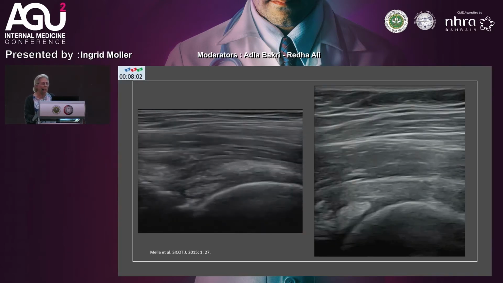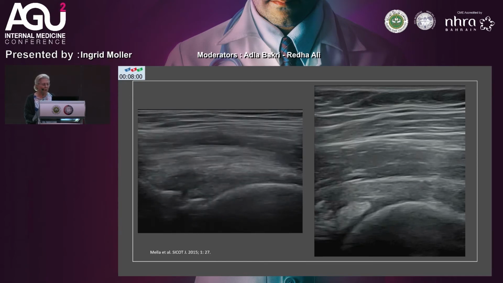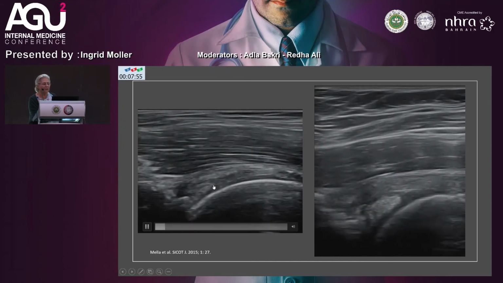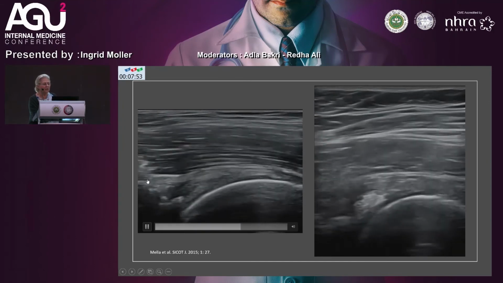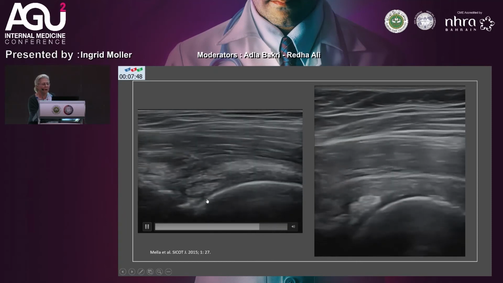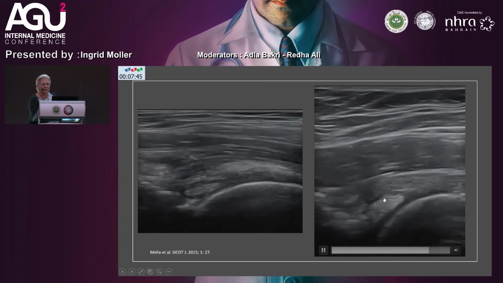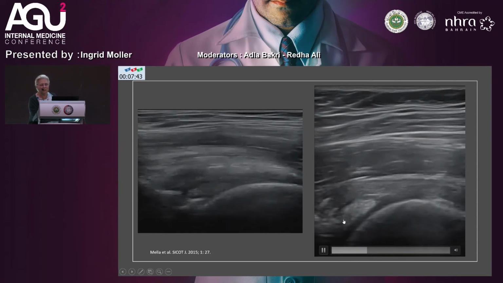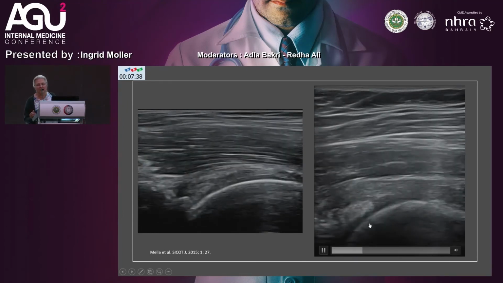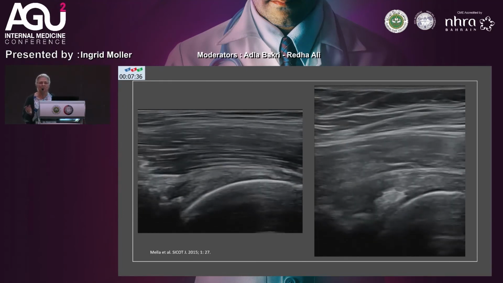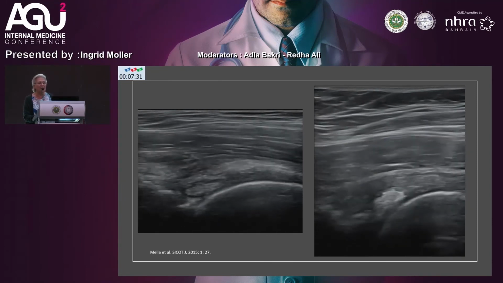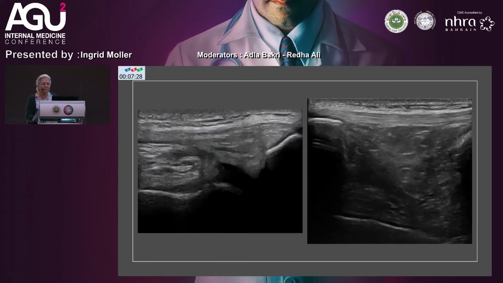And we can see meniscal degeneration not only in the knee joint, but also in the hip joint. And what you see here is acetabulum and femoral head. And this part here, this more hyper-echogenic image that you see on both sides, corresponding to two different patients, is meniscal calcification, that in the case of the hip joint, the name of the meniscus is labrum. So there are labral calcifications in both patients having hip osteoarthritis.